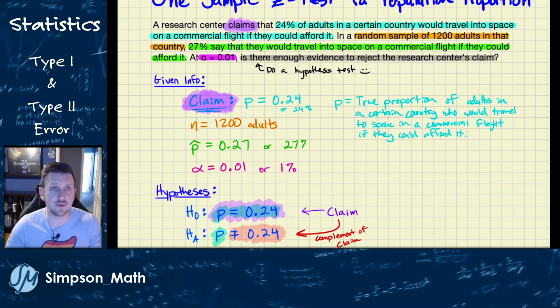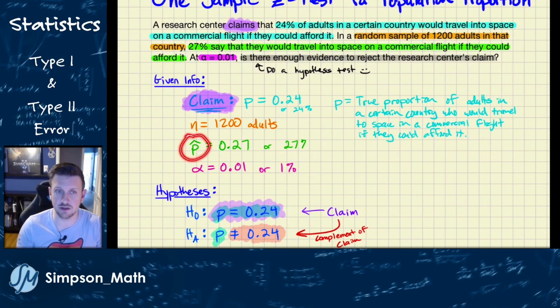So what is some other information here? This is a random sample of 1,200 adults. So 1,200 adults is my sample size. It's also important and nice that it is a random sample. Then we see that 27% say that they would travel into space. So they contacted 1,200 adults, and 27% of them said yes to their question. So my sample proportion,